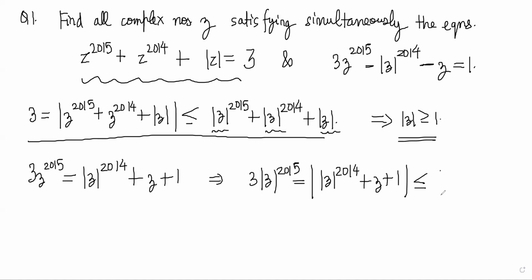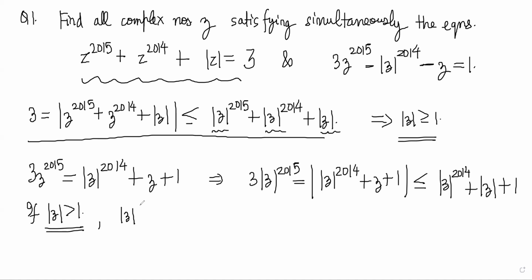We get less than or equal to mod z power 2014 plus mod z plus 1. Right? Now if mod z is greater than 1, then what we get is, clearly we know that mod z power 2015 is greater than mod z power 2014,